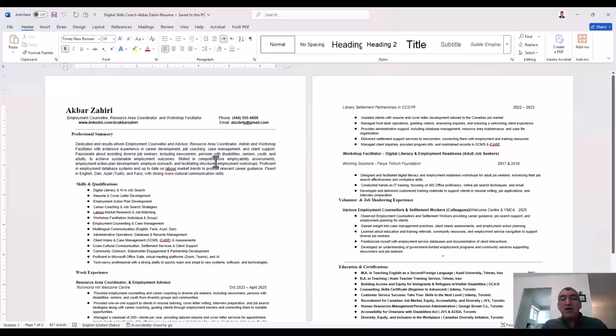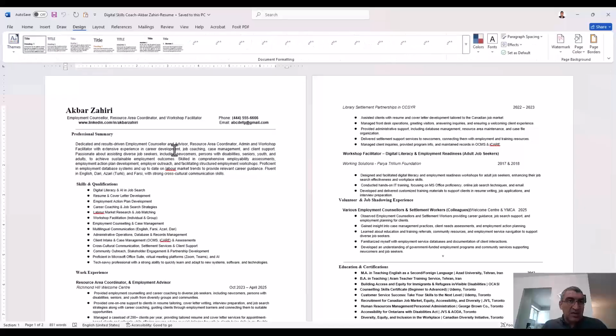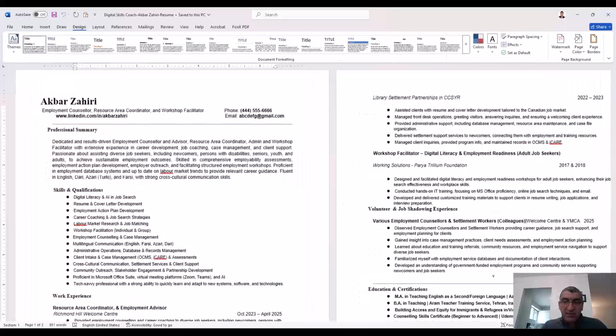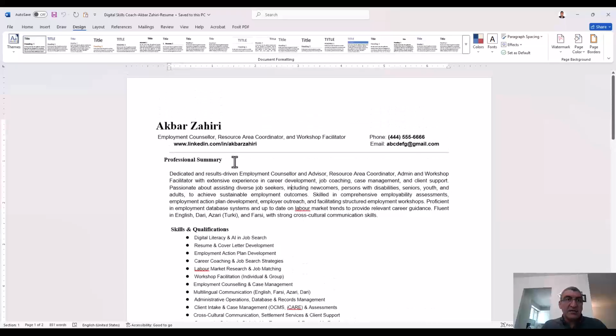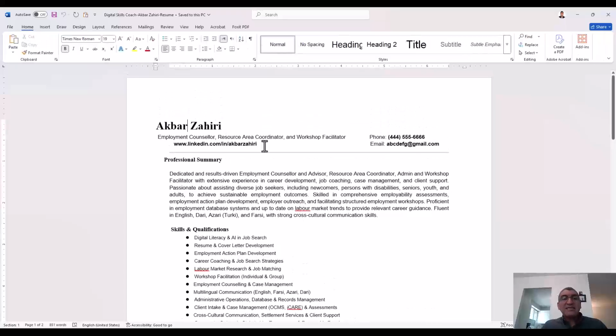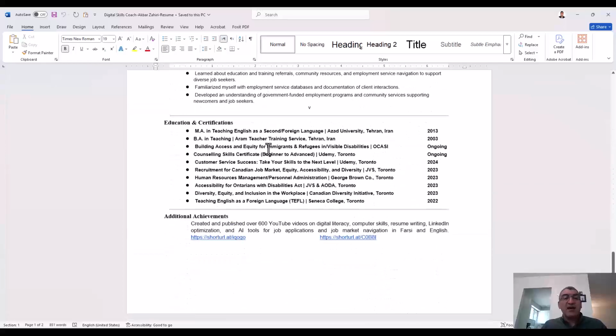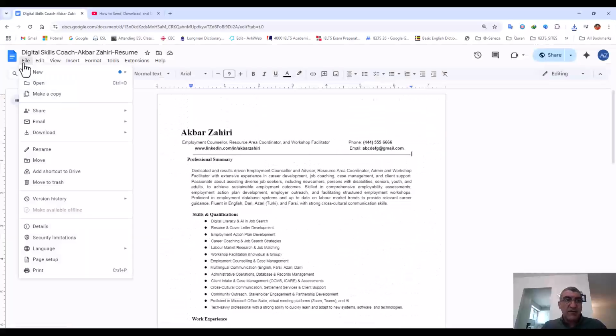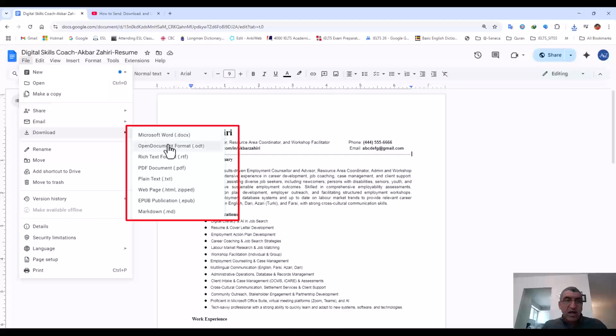I can do more formatting. I can use more tools that I have in Microsoft Word. In one page, for example, if you want to see exactly the same. So you can download it as a Microsoft Word, then edit it in Microsoft Word. Again, file, download, Microsoft Word. And other types, for example, for internet, web, we don't usually use other types of files. We only use PDF and Microsoft Word. And now you are familiar with both of them.